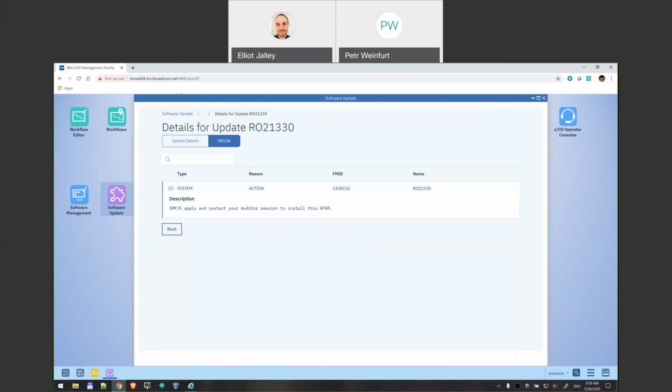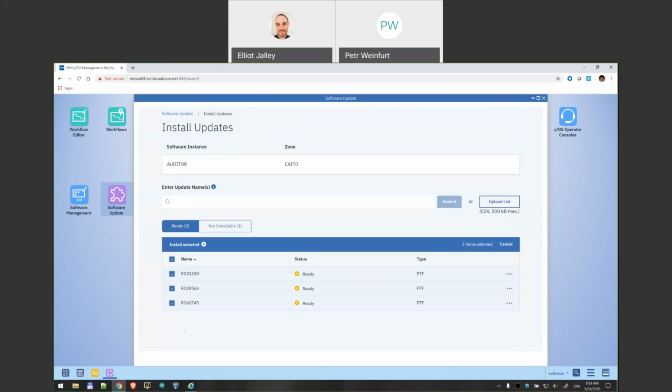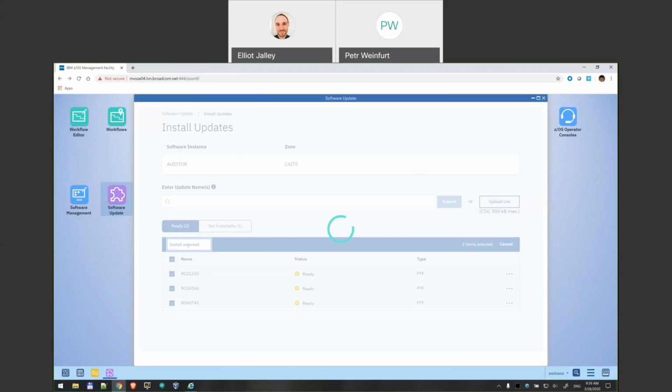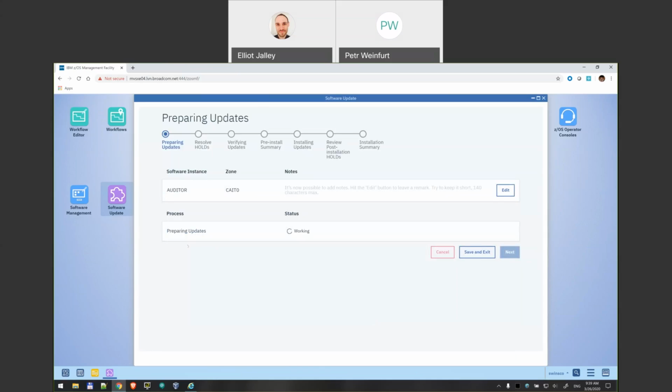Okay, back to the installation process. So let's now start with the installation, and having all of them checked, we can install all PTFs which are ready to be installed. Right now, we are starting this dialog-driven wizard. You can see up here the list of steps which we are going to go through,